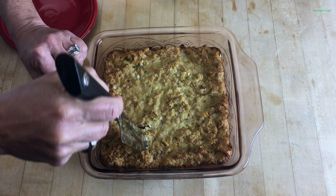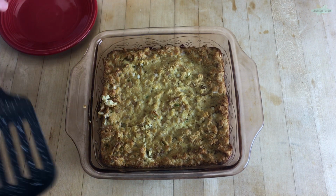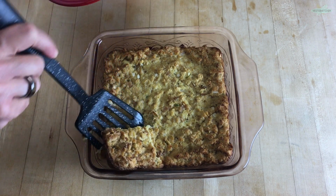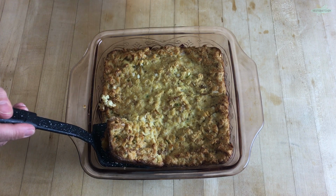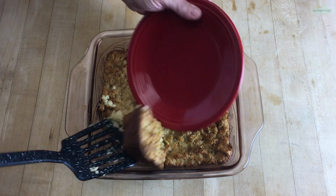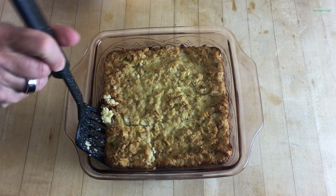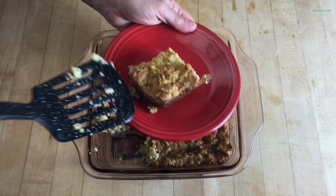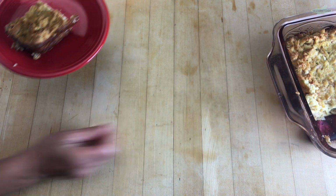So, pretty much, this is just so lovely for your luncheon when I know you're gonna call your girlfriend or your guy friend and say, hey, why don't you come over? Uh-oh, let me cut it all the way through. There we go. Why don't you come over and have lunch? And of course, in the 60s,